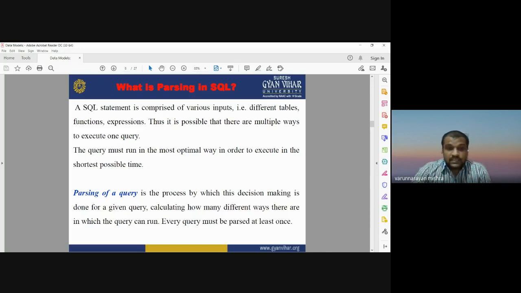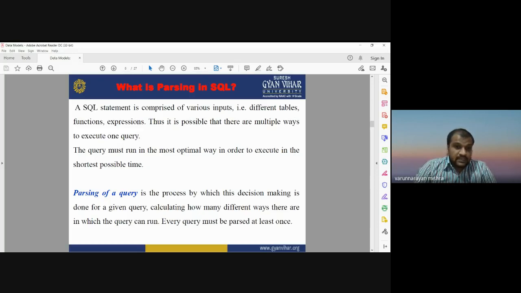You can have multiple kinds of expressions, conditional operators, and logical operators, all of which can be used to write a statement in SQL, or structured query language. So there may be multiple ways to execute a query.